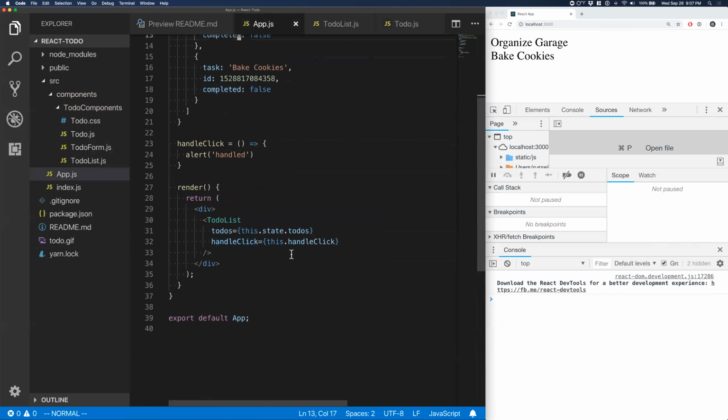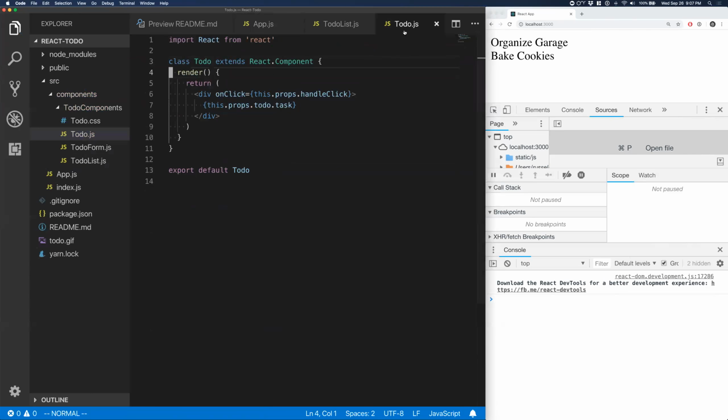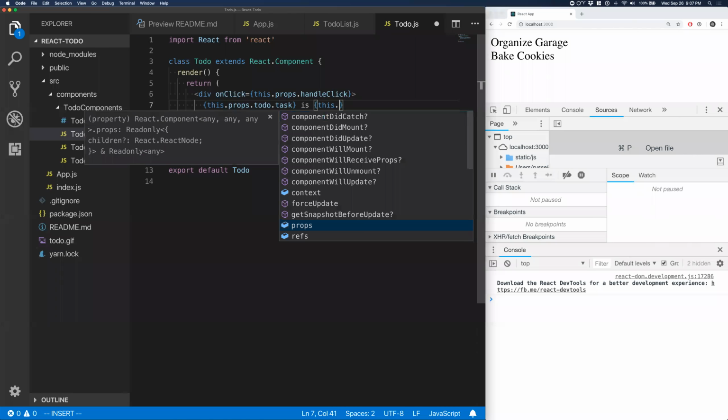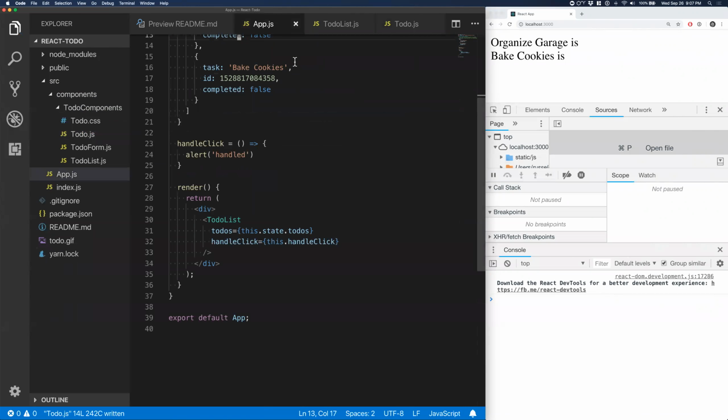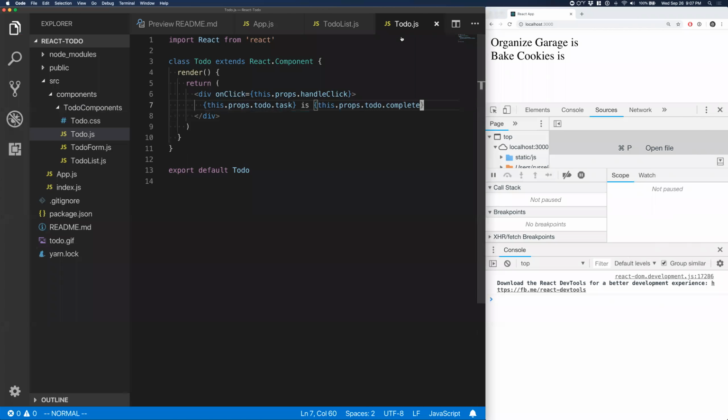But then what? Well, let's go to a to-do. And I'm going to display, I'm going to say this task is this.props.todo.completed. It's going to look a little, is it complete, not completed? Completed. Huh. I was expecting to see either true or false over here, but